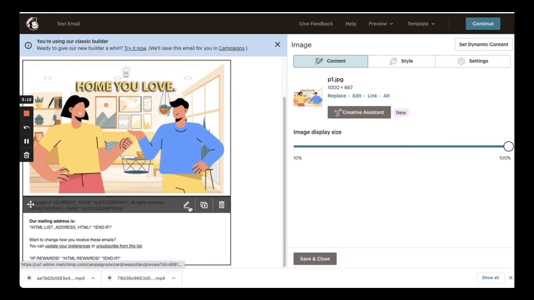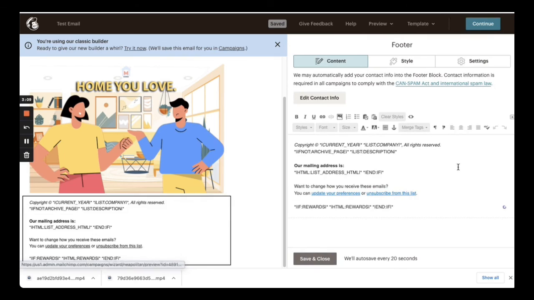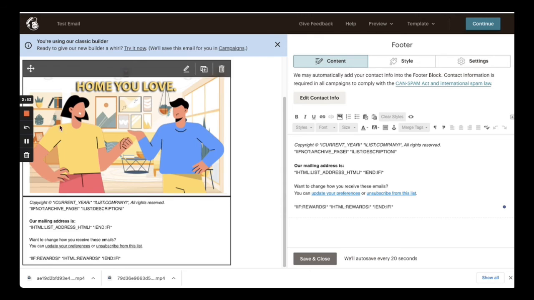Now this is the last section, which is kind of a footer. So here you have all the details which are required in an email, like for example your company name, where it is coming from, your name, and also an option where a customer can unsubscribe from the list and all sort of that. So once you update that,